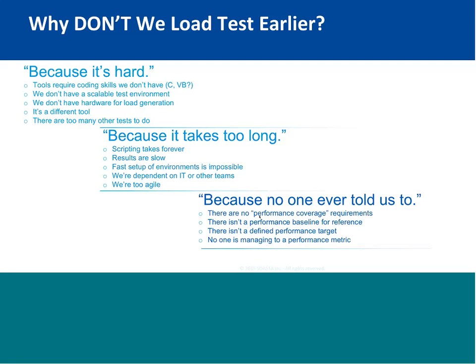And some teams, well, they've just never been told to be doing performance testing as a part of their CI system. They've never been given performance coverage requirements. You've got code coverage requirements. You know, your unit tests should be covering 100% of your code, and your functional tests, if you're lucky, should be covering some 70% of your code in automation. Many companies don't have a performance baseline for reference of your code. How fast is the right speed for a piece of code to run? And so if you don't know what your target is, you don't know whether you're making your target or not, and you just don't have a performance metric. But that's all old. Those are all bad reasons, because now you can do this as part of your CI process.